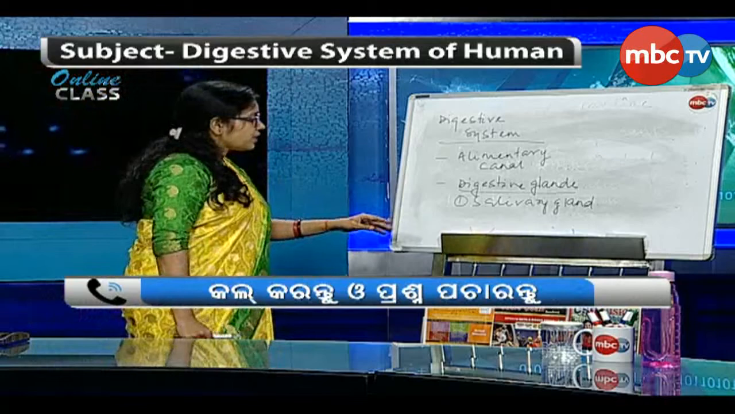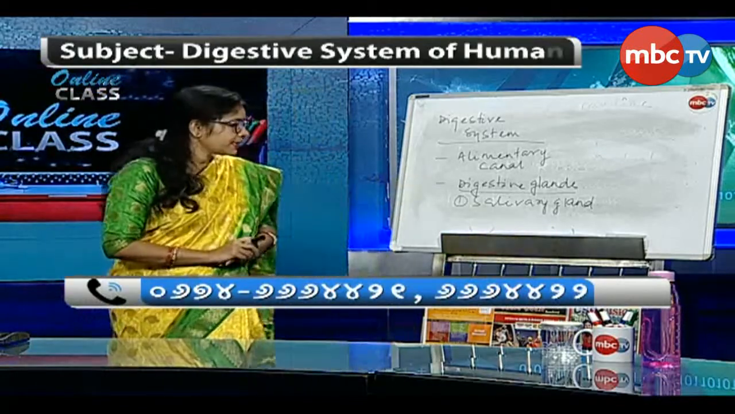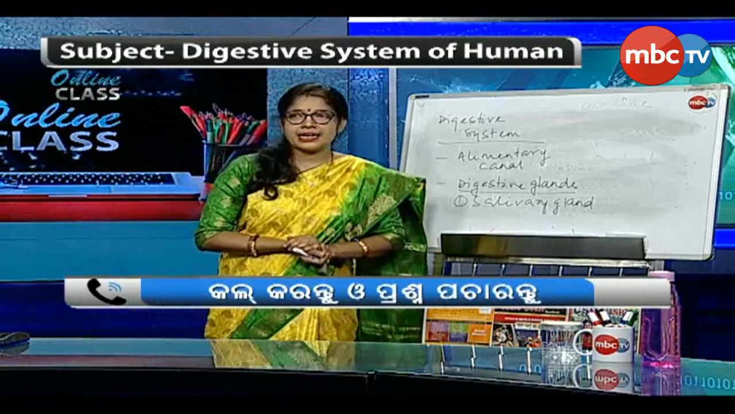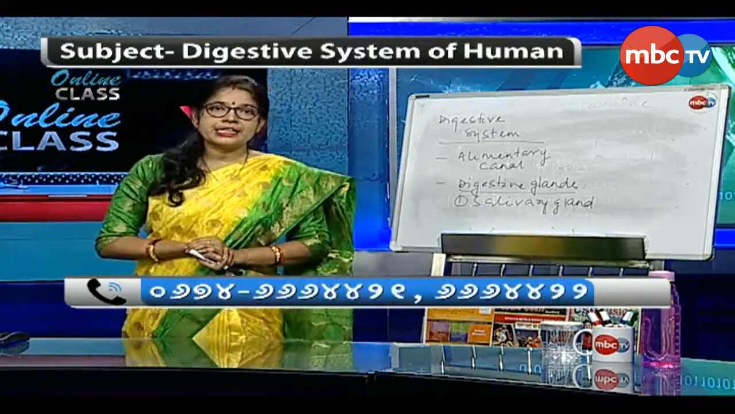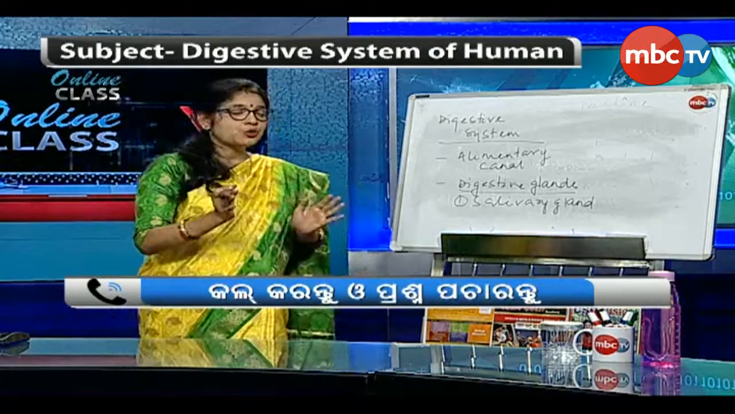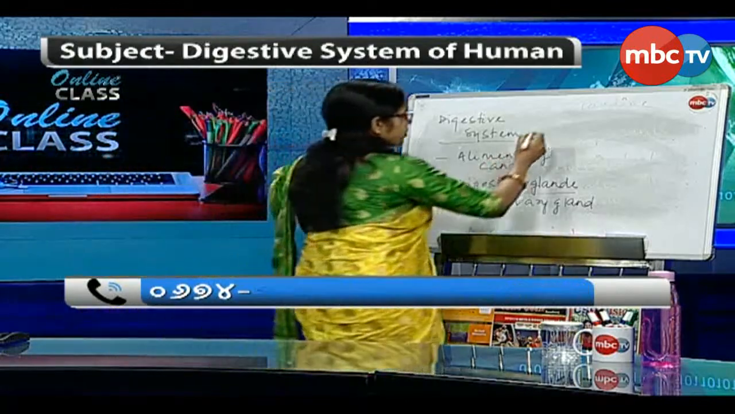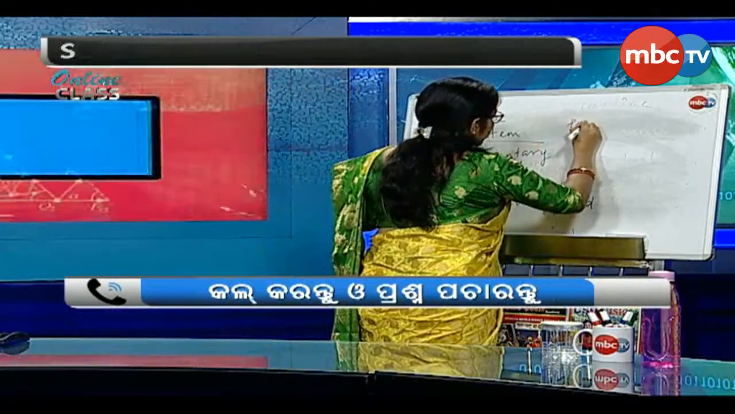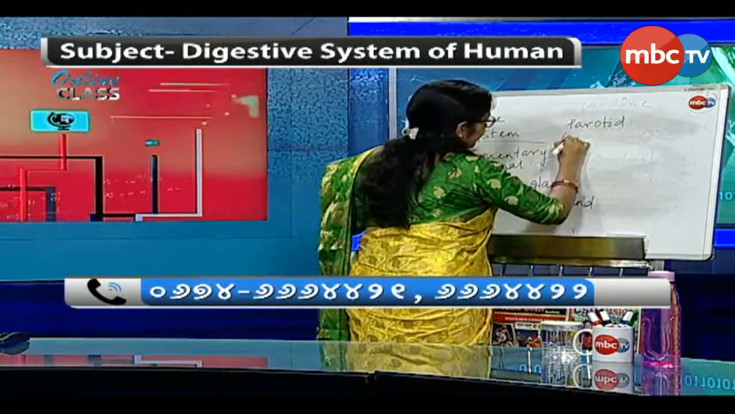Okay, the first one is digestive gland. Within the digestive glands, the first gland is salivary gland, and the number of salivary glands in case of human is 3 pairs. So, 3 pairs of salivary glands are present in case of human. First one is parotid salivary gland, second one is